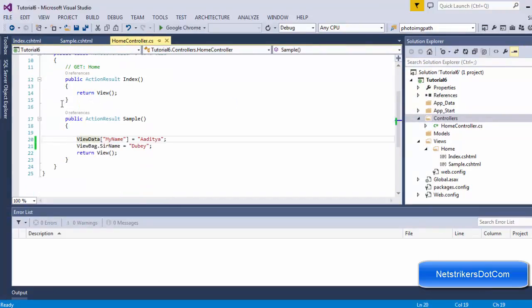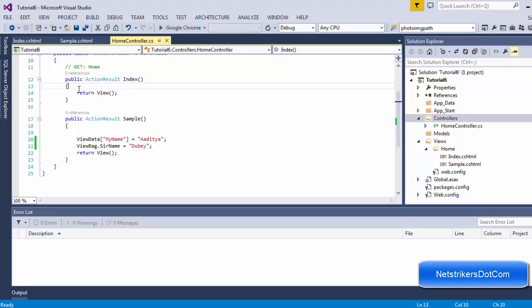In this segment we are going to learn about TempData. As discussed in my previous theoretical video, TempData is a session management technique which is used to pass data from one action method to another action method. We have two action methods here. The first one is Index, which is the primary action, and another one is Sample. Suppose a user wants to access the Index page but you want to display the Sample data along with some of the data which is inserted inside the Index action. How are we going to do that?